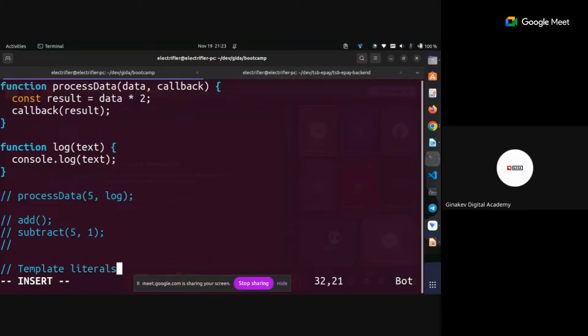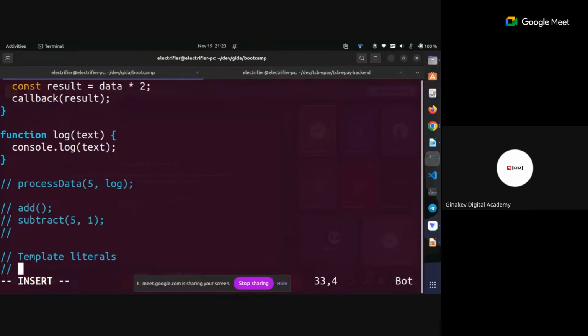Template literals. So let's say we have a variable called fullName. fullName equals to